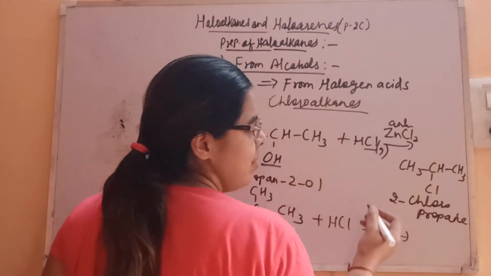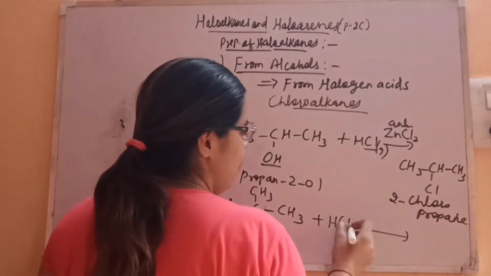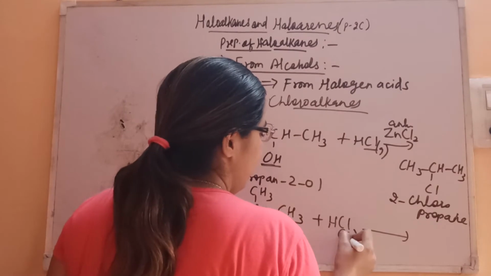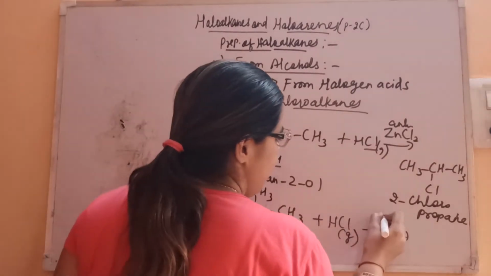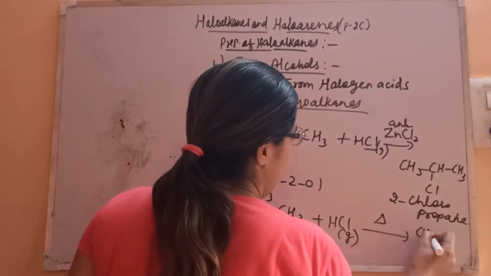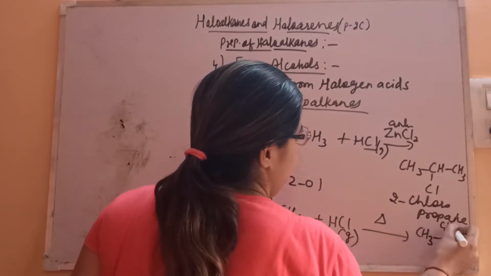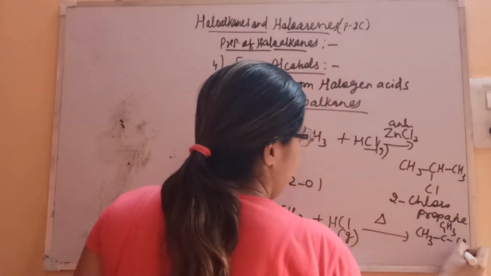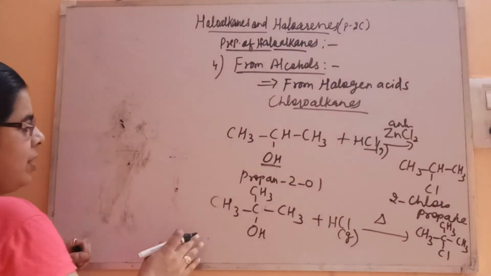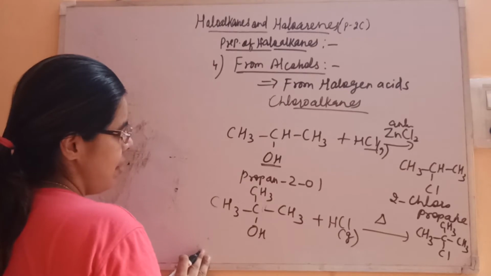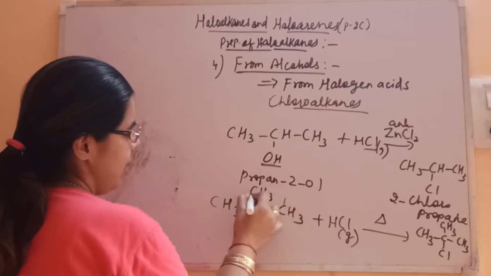This anhydrous ZnCl2 is not required here. Only on heating it will give you the simple product, a tertiary alkyl halide. So this is a tertiary alcohol. What's the name of this compound? If you start naming,